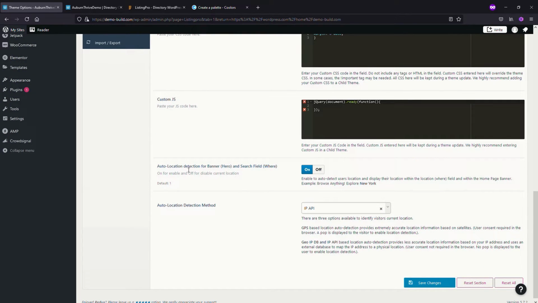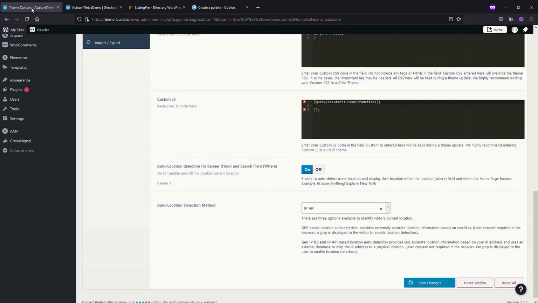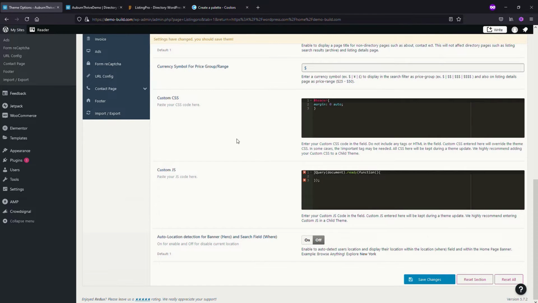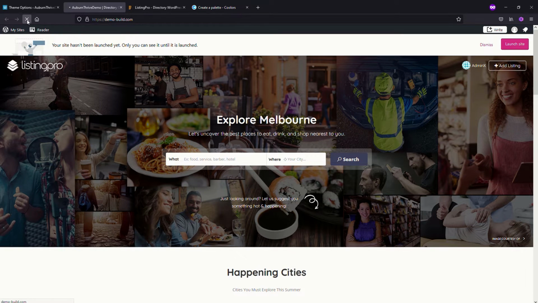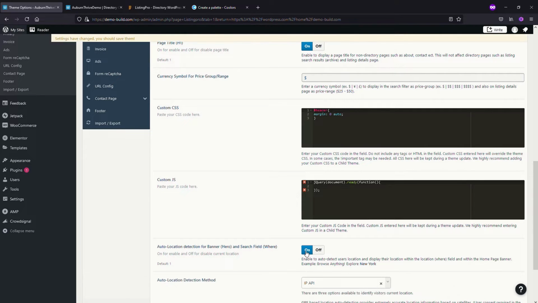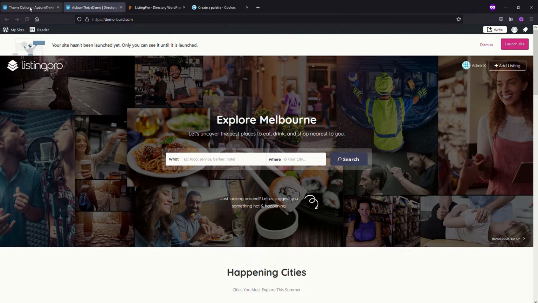Auto location detect for banner. So this is where, just before, we see Melbourne coming in. So this is what is driving that. If I turn it off and save changes and I reload this, it just goes back to explore your city. So for now we might leave that on so that Melbourne comes up, which is quite appropriate. Alright, get that back to Melbourne. Good. Okay,